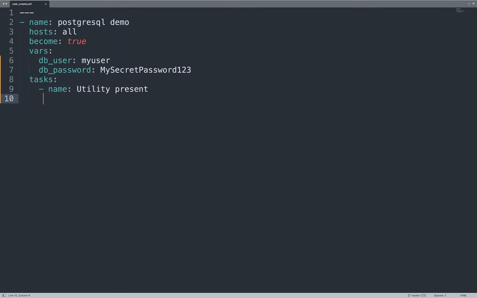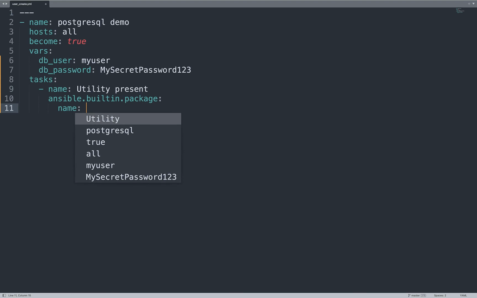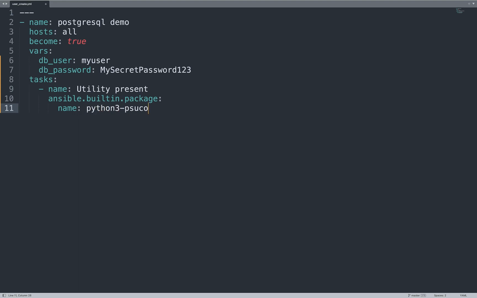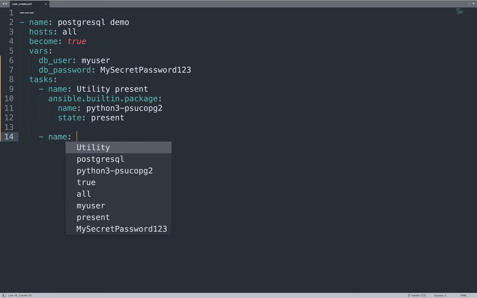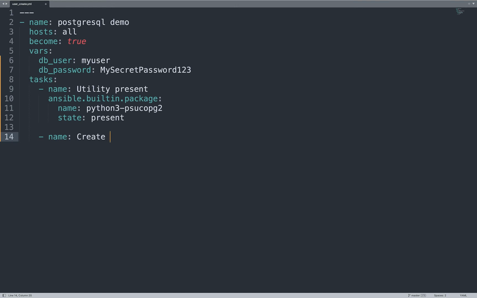In the task list, we have two tasks. The first is to verify that the utility is present using the package module, which is built into Ansible. The package name is python3-psycopg2. This is a standard Python library that interacts directly with a cluster. So once the utility is present, we could finally create the user